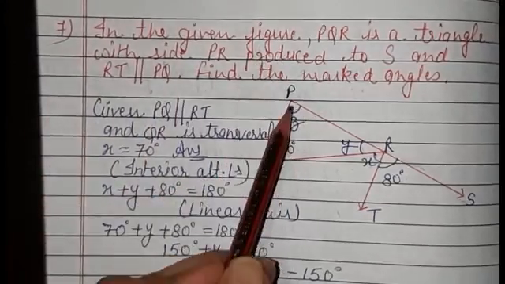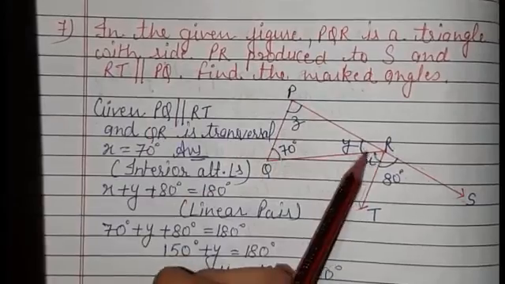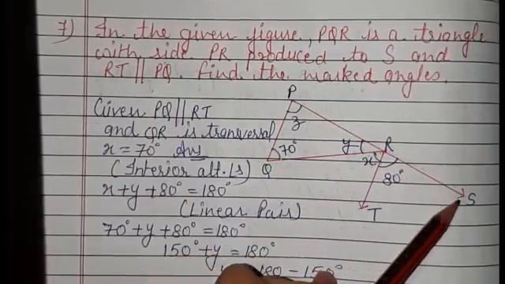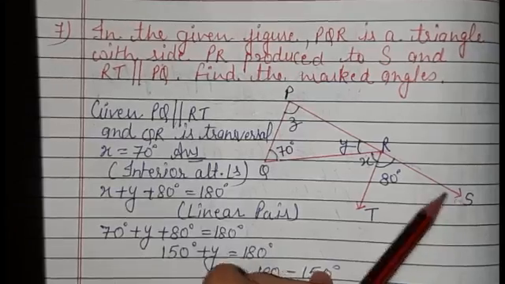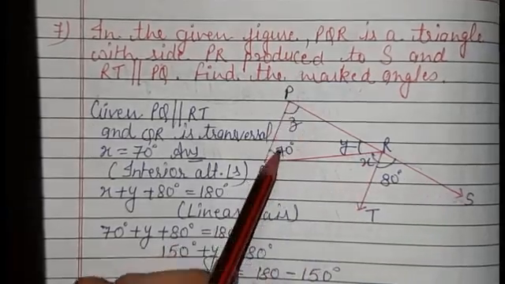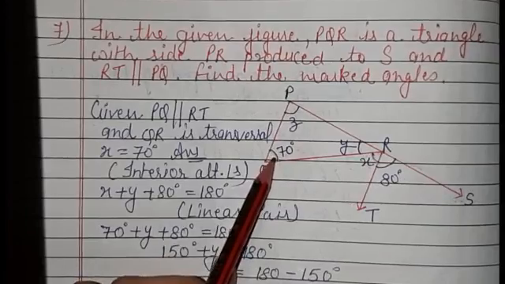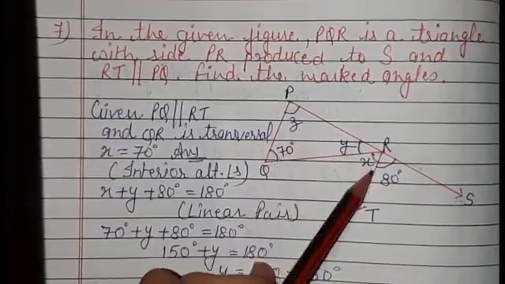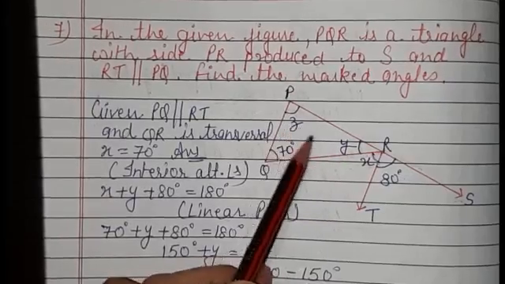In the given figure, PQR is a triangle with side PR produced to S and RT parallel to PQ. Find the marked angles, means X, Y, Z. These three angles we have to calculate. Here it is given